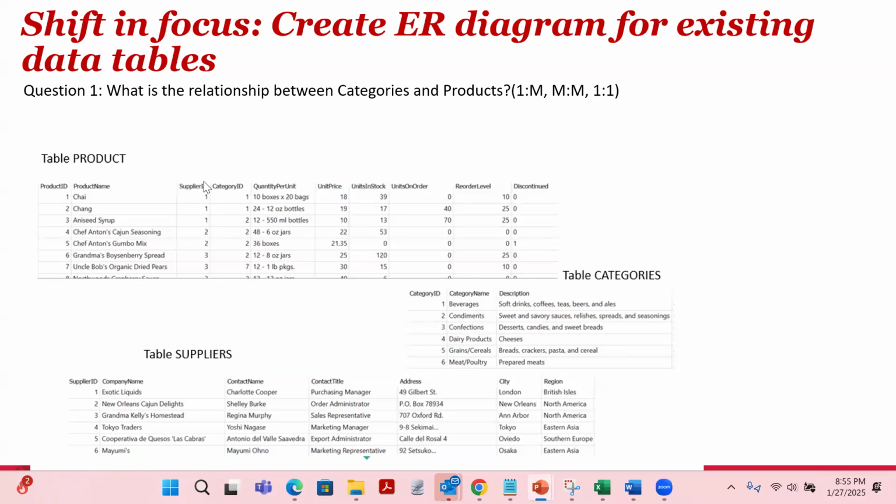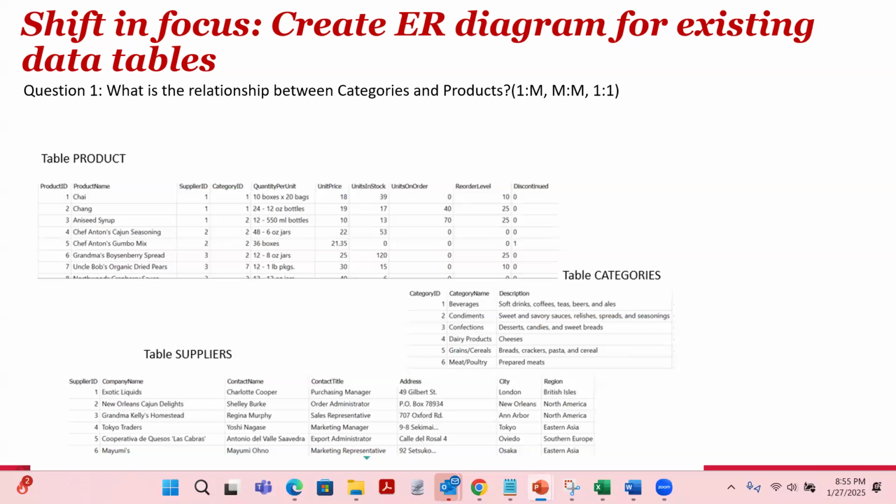And supplier ID is a foreign key in the product table, and it is a primary key in the supplier table. So we also, a couple of slides ago, answered a couple of questions, whether